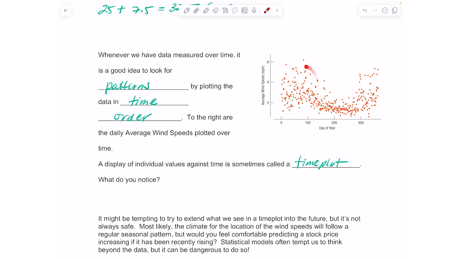You can see how there's more scatter here and over here. So the earlier and later parts of the year, there's more variability. I mean, in the wintertime, the wind speeds can become more variable. And then also, in the fall, like a blustery day, the wind speeds can have more variability as well. So here we can say that there appears to be